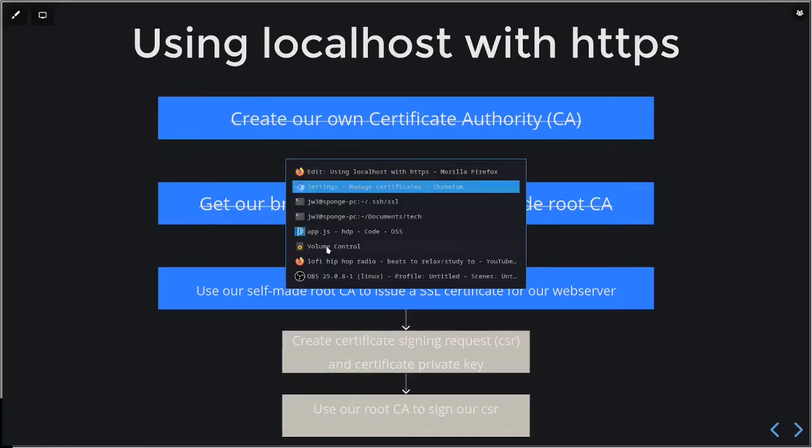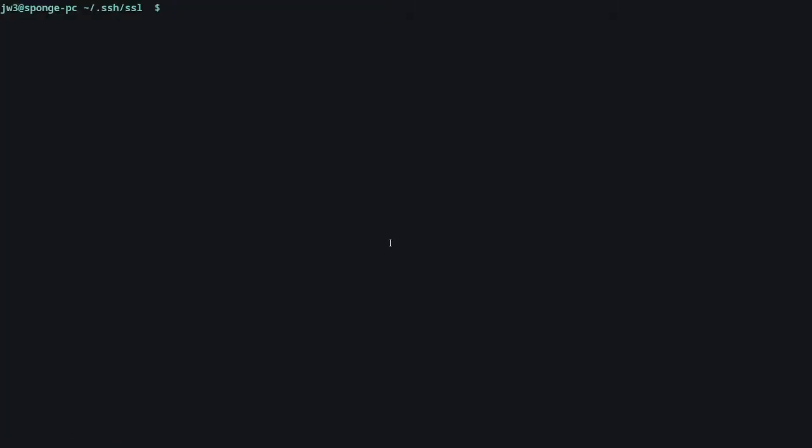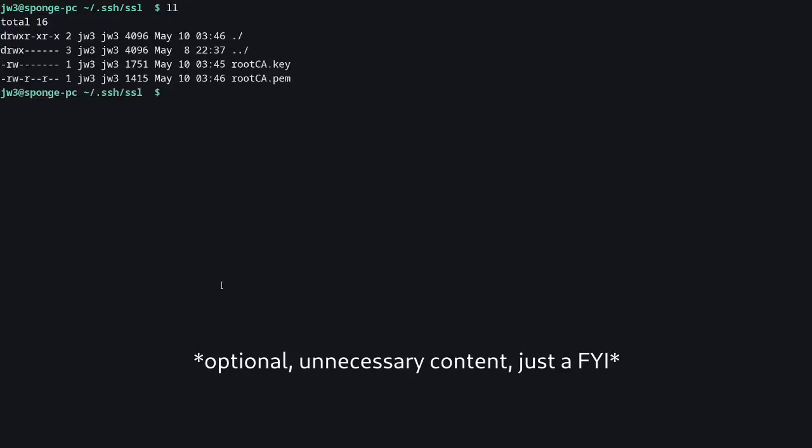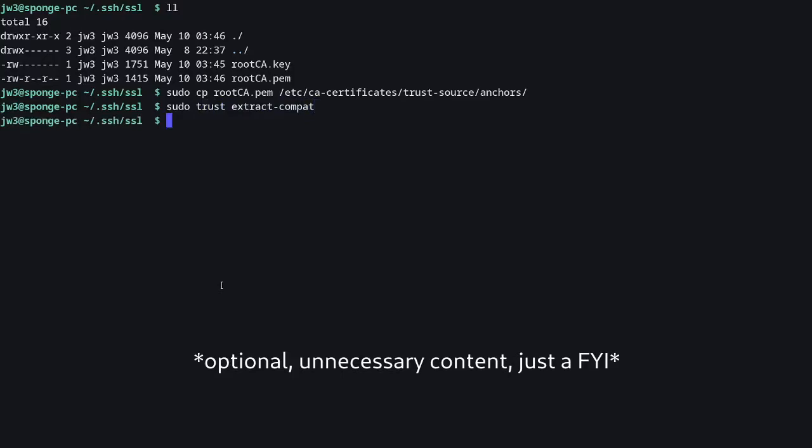So we'll hop back in the terminal for this one. Let's go ahead and clean things up here. So, before I do that, let's go ahead and show you how to do this in Manjaro to get system-wide trust. Now this is going to be hit or miss, but you can copy the root CA PEM file, which is our certificate, to /etc/ca-certificates/trust-source/anchors, and then you can run sudo trust extract-compat, and it'll do its thing. Not really sure if this works or not, but you can give it a shot. So, anyways,